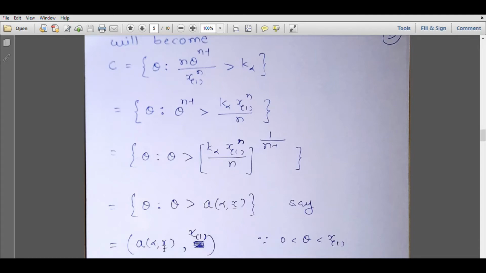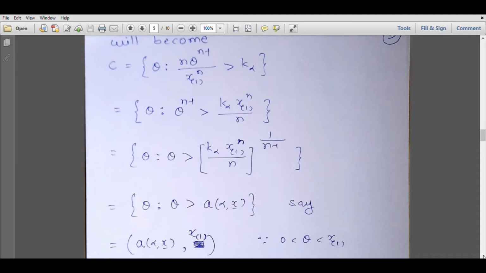Now why did it happen? Why do we get an interval of this type where only the lower limit is meaningful and the upper limit is obvious? That is because of the monotone nature of the posterior distribution. This will always happen whenever you are dealing with a posterior distribution which is a monotone function of theta. It can be a decreasing function or an increasing function of theta. If it is an increasing function of theta, I will have an interval of this type. This depends on the nature obviously, but you can easily solve this for every posterior distribution which is monotone in nature. So I have got the interval.